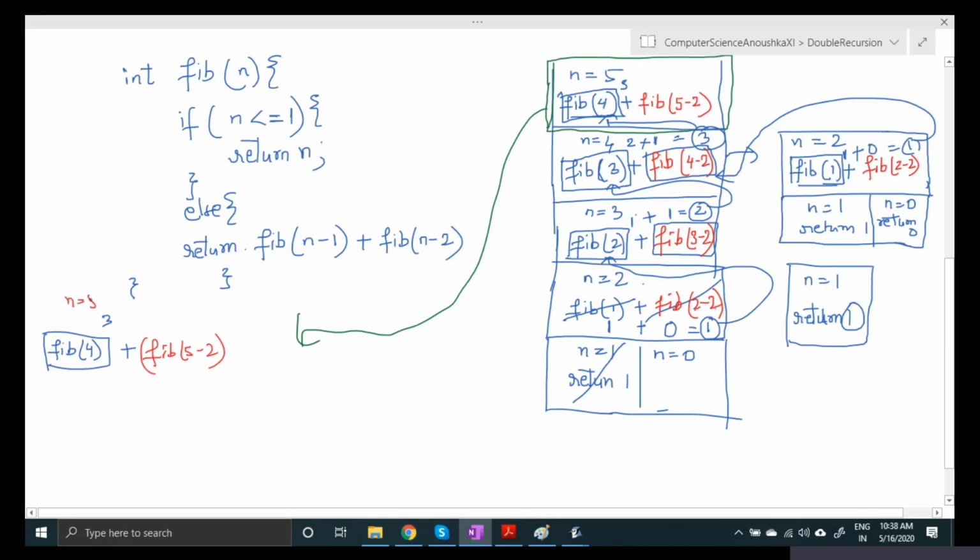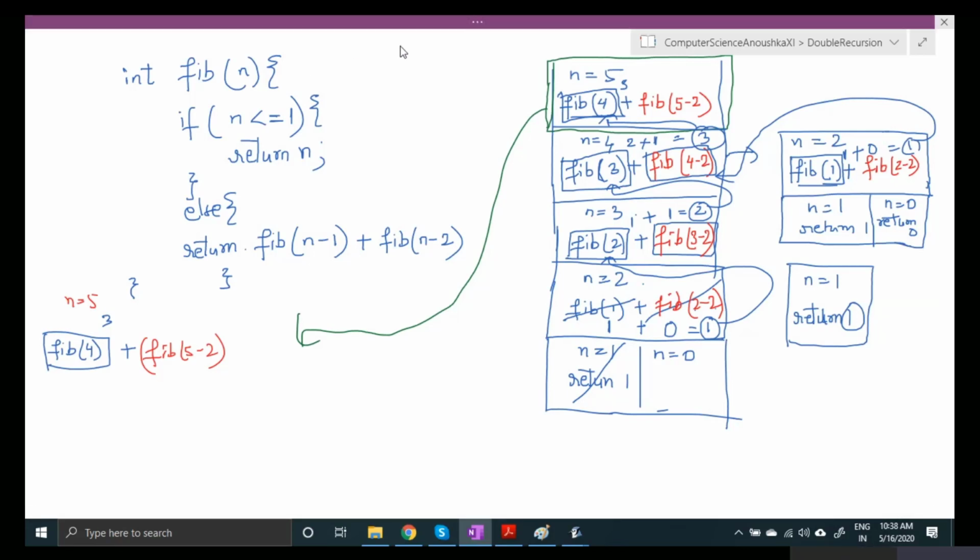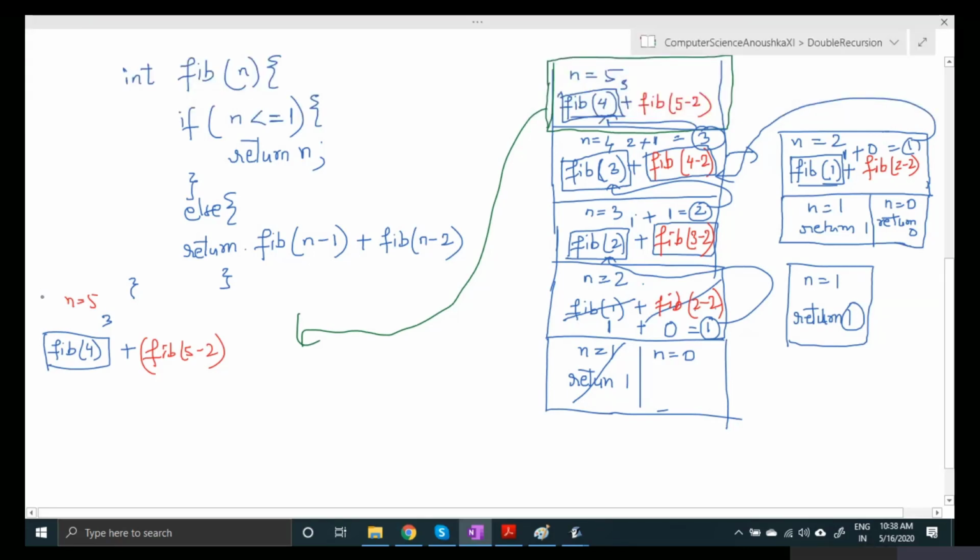This due call is executing now. So the value of n will be 3 here, right? So n is 3, which means this condition is false, so it will execute this one.